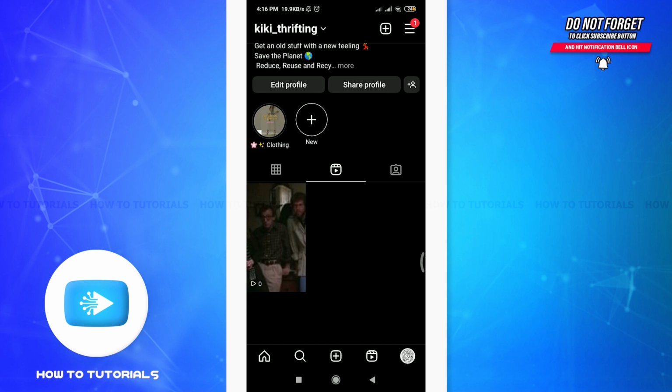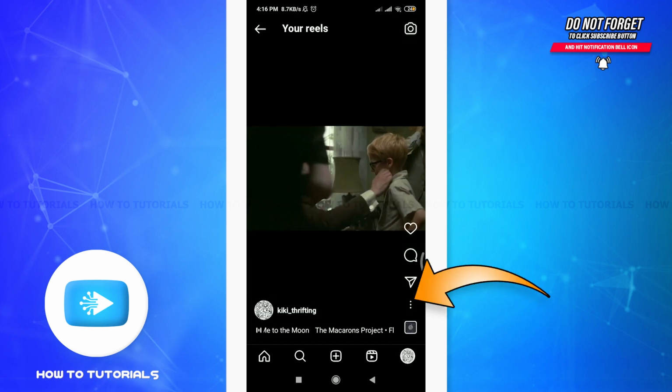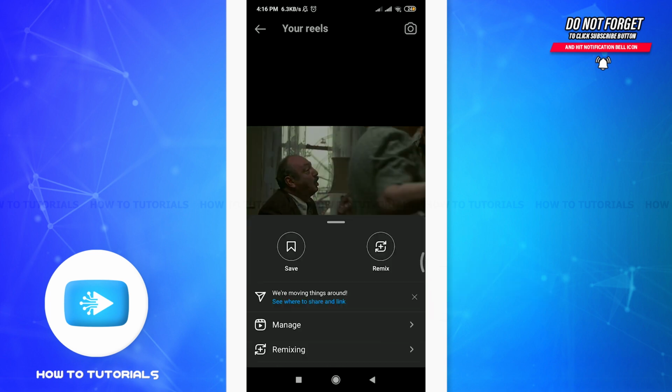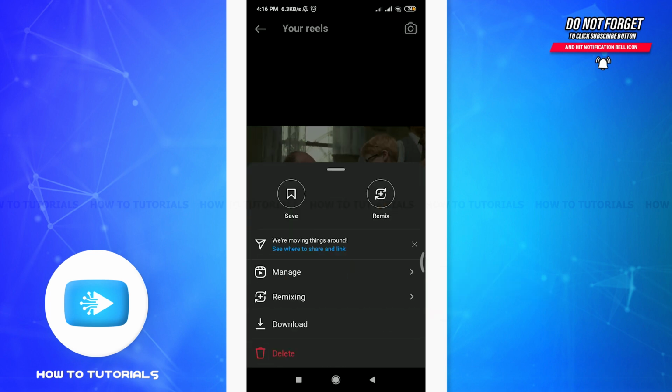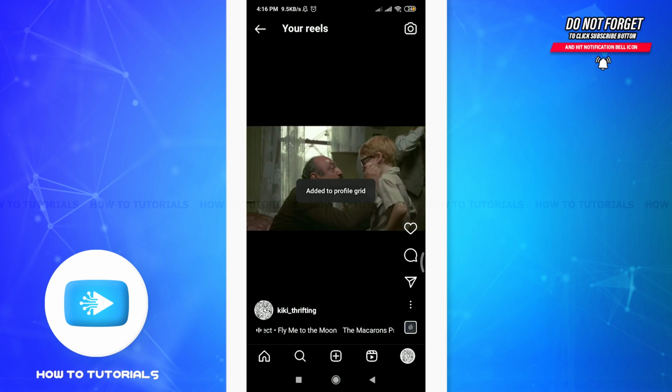So what you need to do is tap on this video and then tap on the dotted straight lines here on the right corner. Just by doing it, you'll get an option of manage. Tap on the manage option. As you do it, you'll get an option of add to profile grid. Tap on add to profile grid, and just by doing it, you can see that this video has been added